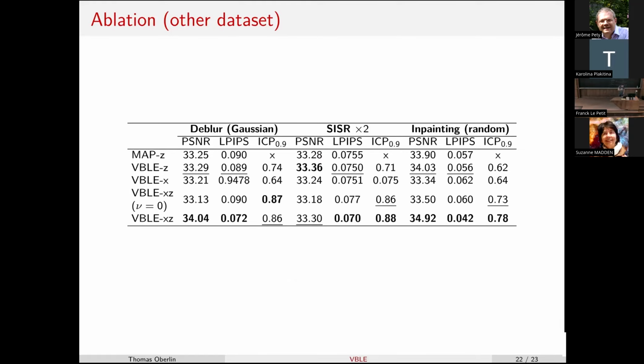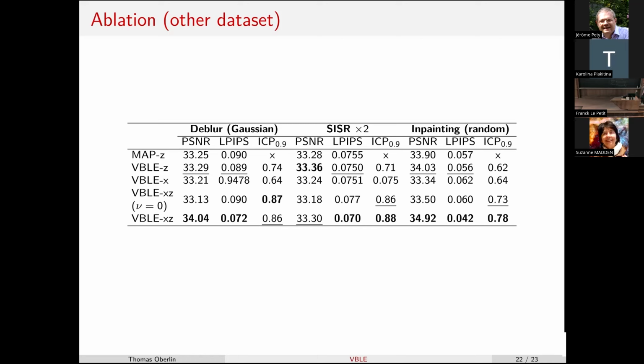This is a small ablation, from another data set, but it's still interesting. It compares the different variations around VBLE and compares it with the MAP Z. And we have the same results as before. So in terms of image quality metric, other variants than VBLE-XZ are good, such as the VBLE-Z.